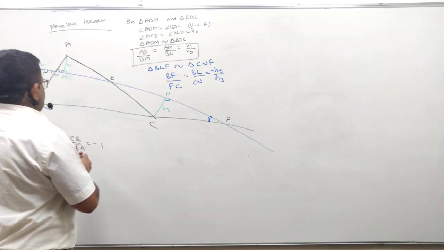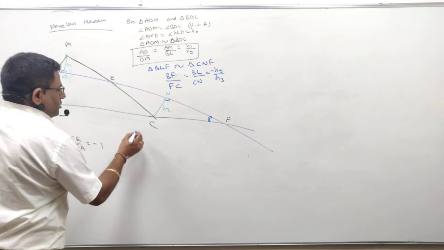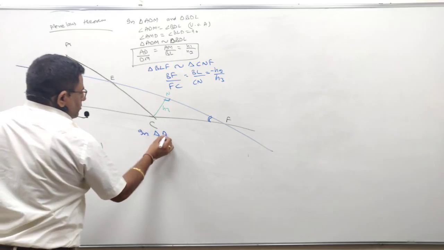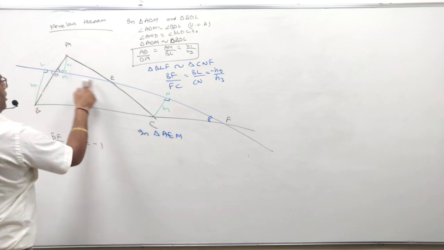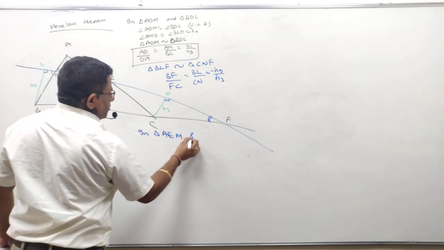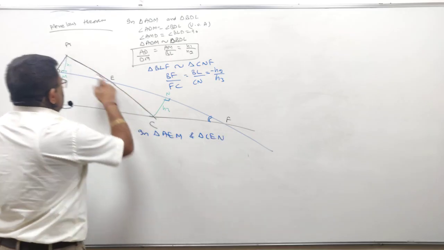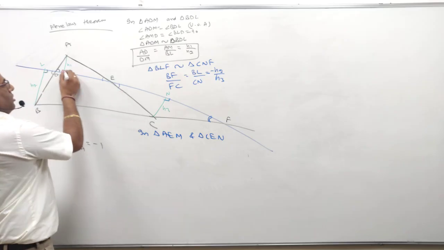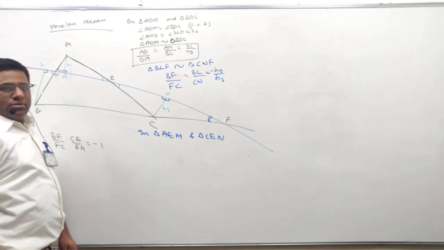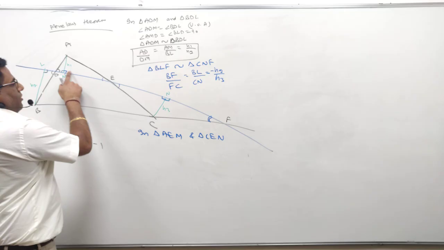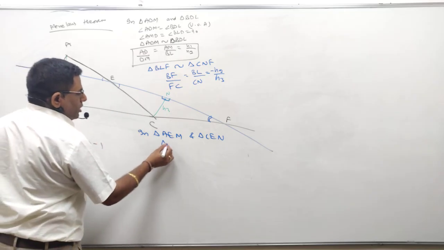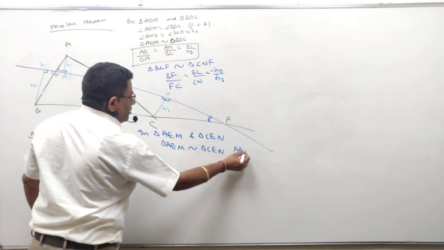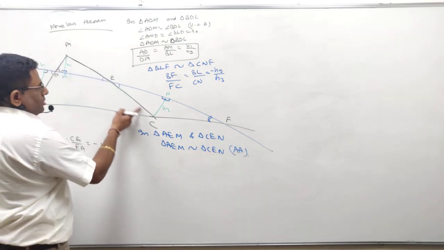ऐसे ही मैं कहना चाहूँगा, in triangle AEM and triangle CEN. In triangle AEM and triangle CEN, they are similar because this angle is equal to this angle, vertically opposite. This is 90, this is 90. ठीक है बेटा, ये वाला एंगल इस वाले एंगल के बराबर आ जाएगा, ये वाला 90, ये वाला 90 हमारे पास. ये दोनों ट्रायंगल जो है हमारे पास AEM वाला जो ट्रायंगल है वो भी सिमिलर हो जाएगा CEN के बाय AA सिमिलरिटी. तो व्हाट वी गेट इज CE